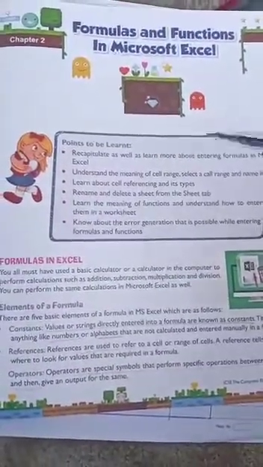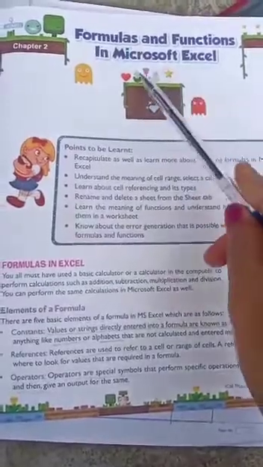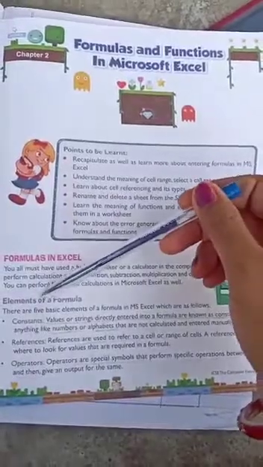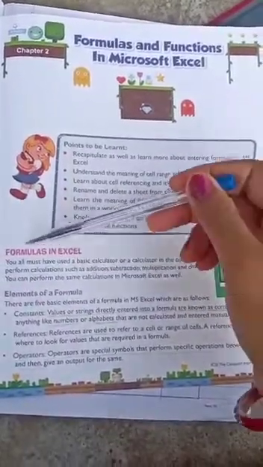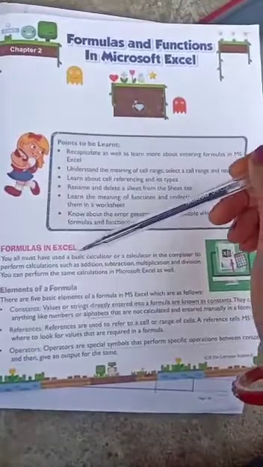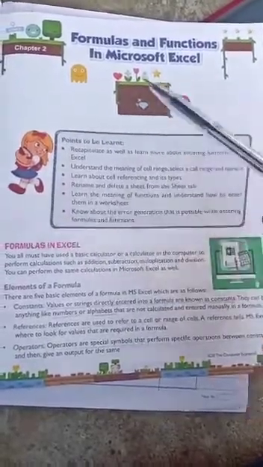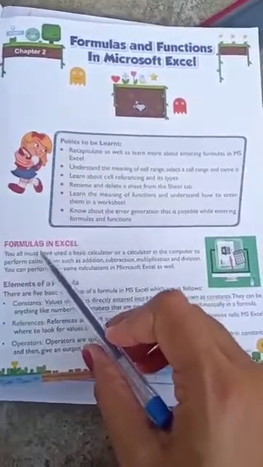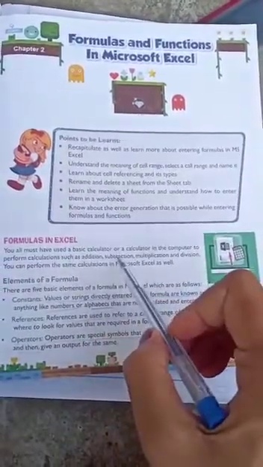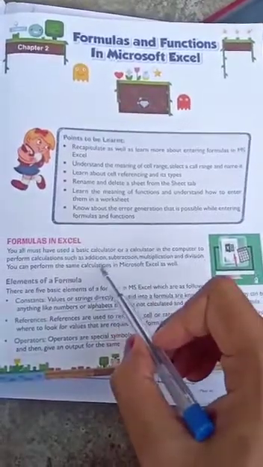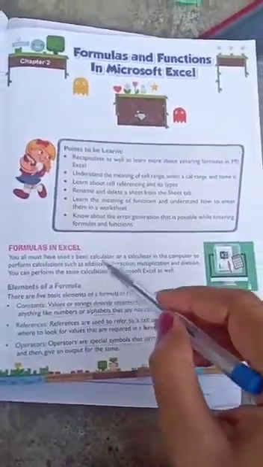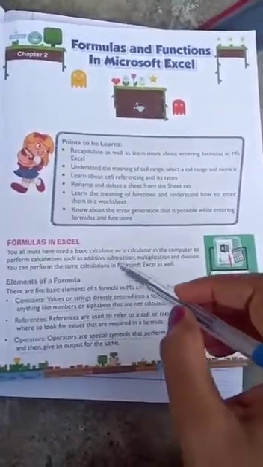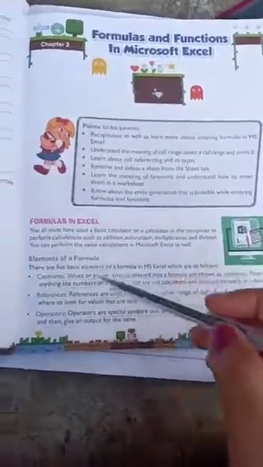Hello students. Today I am going to discuss this chapter of your book, which is Formula and Function in MS Excel. So there are some elements of a formula. What is a formula? First of all, we will know about these things. You have studied some formulas in MS Excel. If you have ever calculated sum and average, we can do any type of arithmetical calculation in MS Excel. So, elements of a formula.